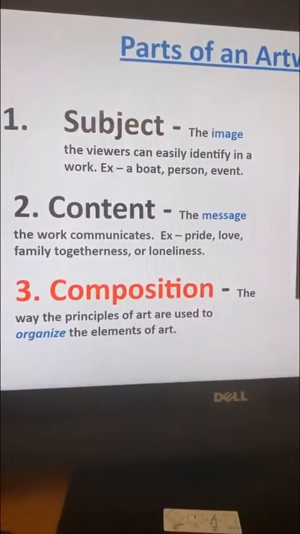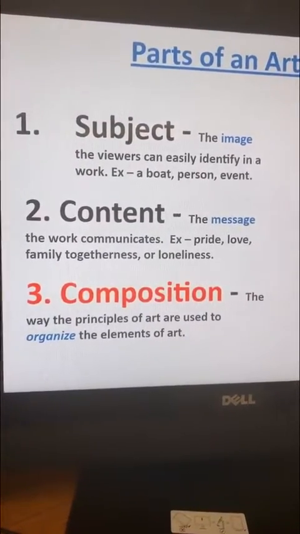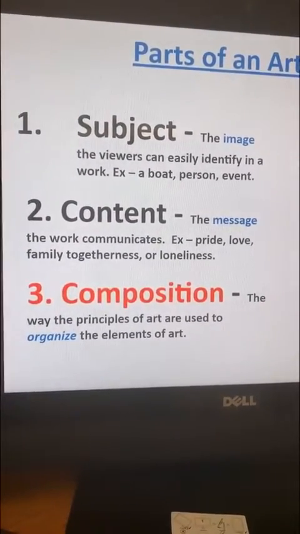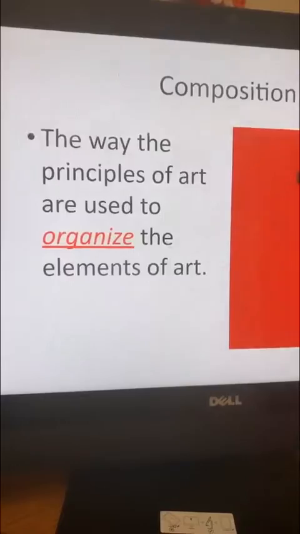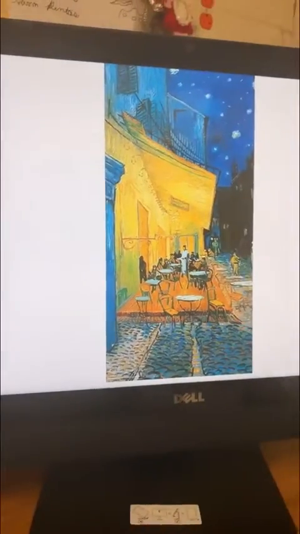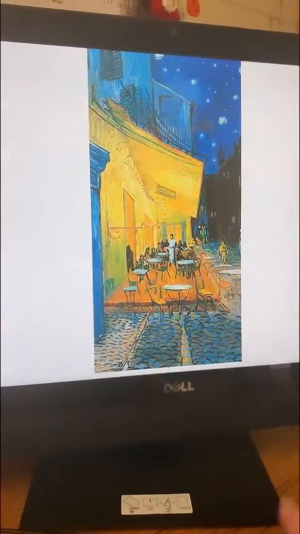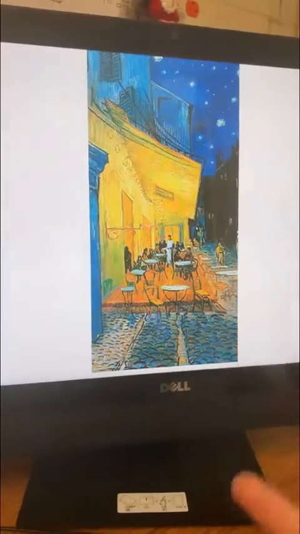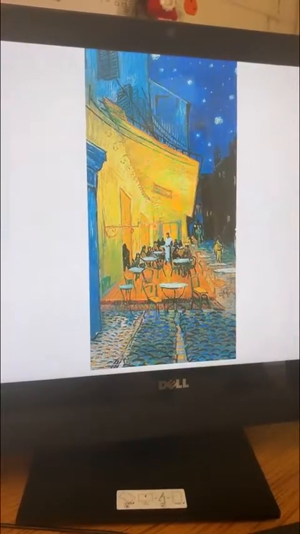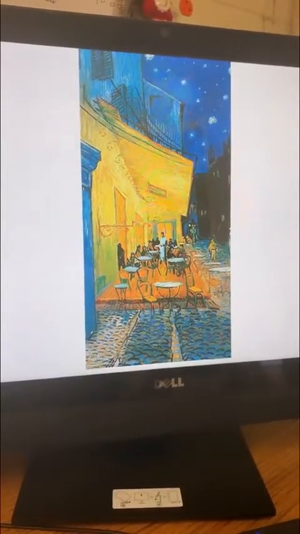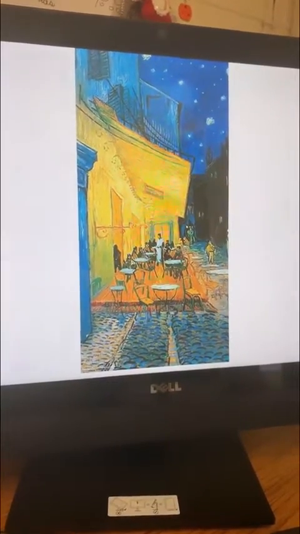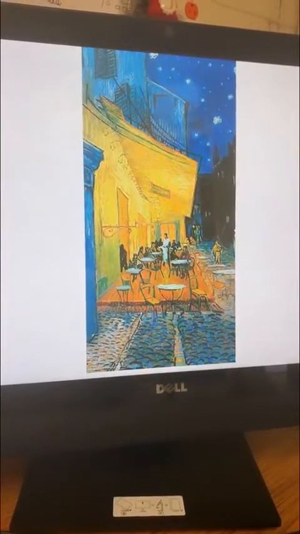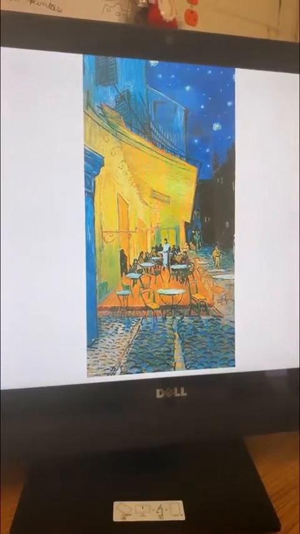So that's going to come in handy when we're answering the questions on the bottom part of the page. So in the bottom part of the page, use that Van Gogh painting. Let me go ahead to it. To talk about what you see, what you think the message might be about from the artist. Why did Van Gogh paint this painting? What was he trying to tell us? And then you're going to talk about the composition. And when we talk about the composition, you should use the following words: